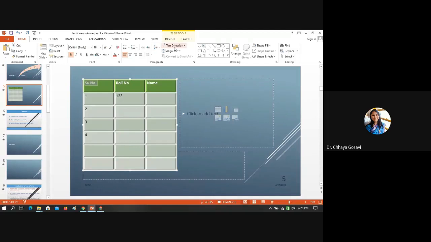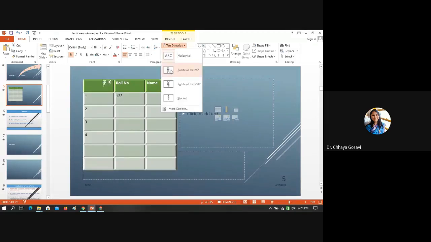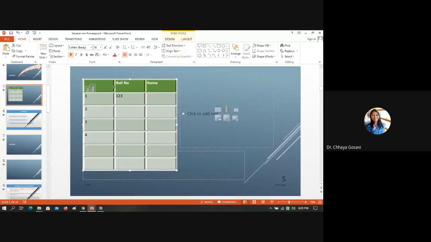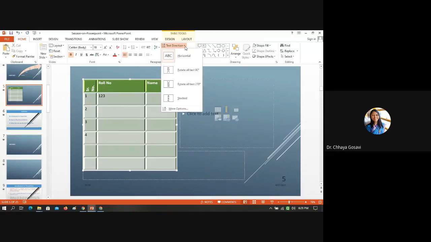Select the text and change the direction. If the row width is very small, you can make it vertical instead of horizontal text direction, or you can make it stacked, and then change the direction.